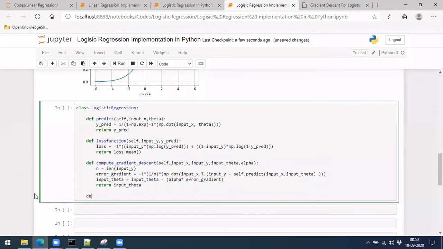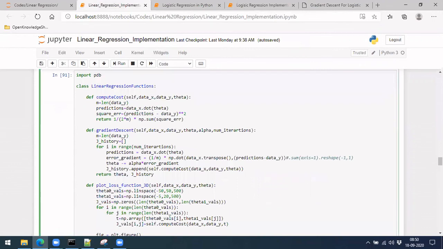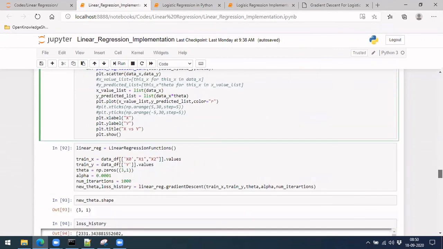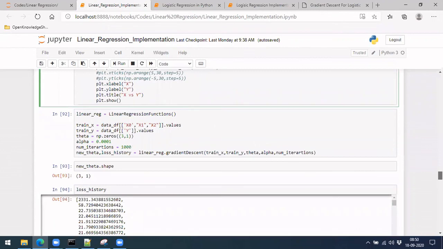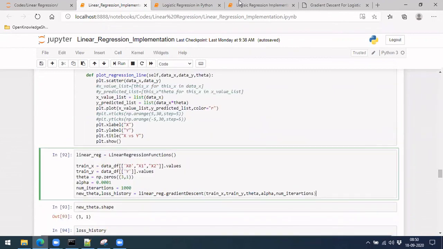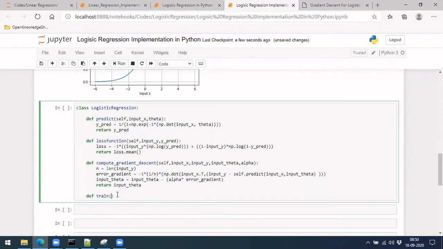We have to define this train. This also we can refer from here, like what we have previously implemented, and take it. Where is the train? Did we not implement it separately? Okay, fine, we can take it. Oh, this is slightly different. Okay, let me put train, and let's actually do it.